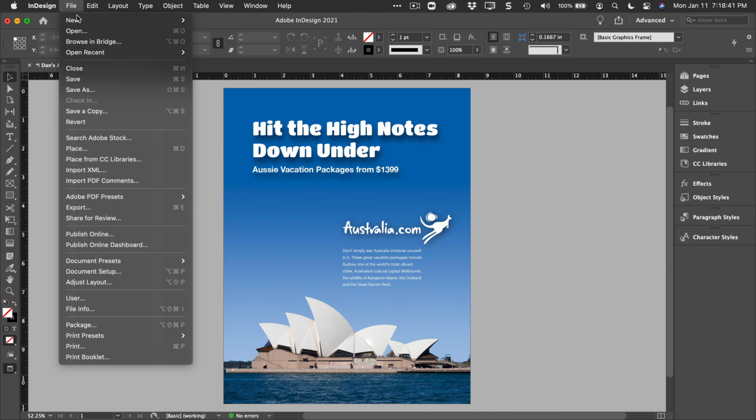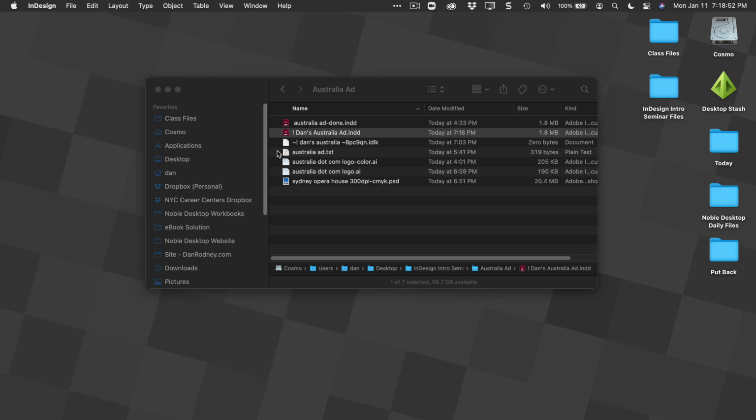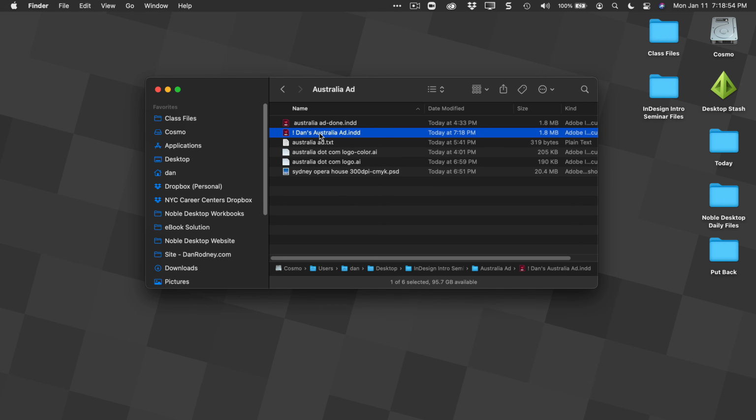All right, so let's say I'm all done with this. So I save my file. I've got text that uses certain fonts. I've got images. I've got all this stuff. And let's say I'm going to give it to somebody else. If I give you the InDesign file, and the text is built into InDesign,